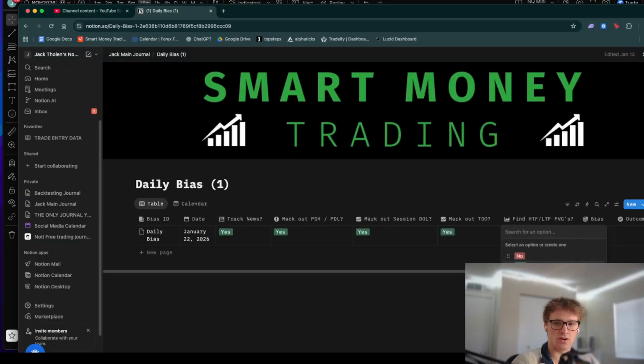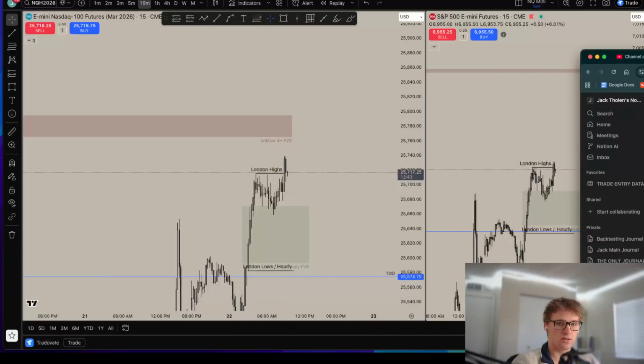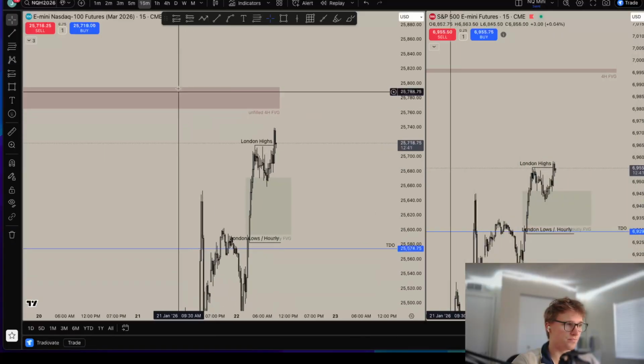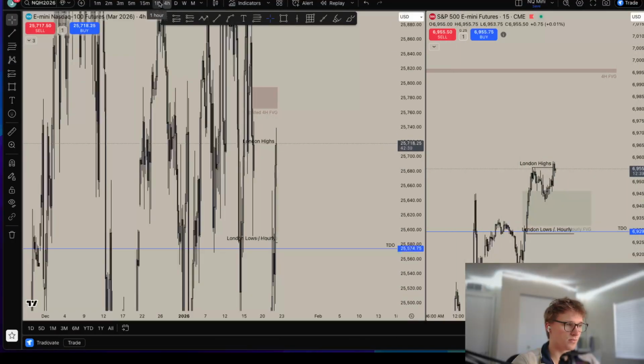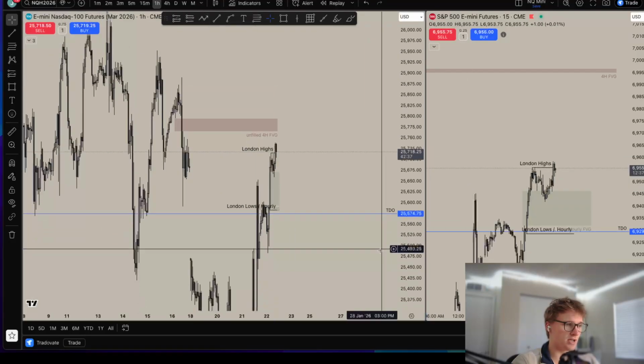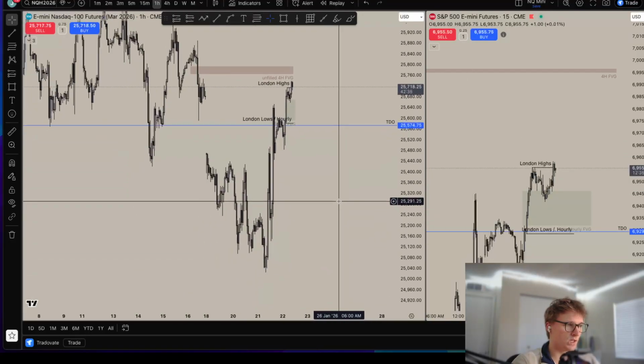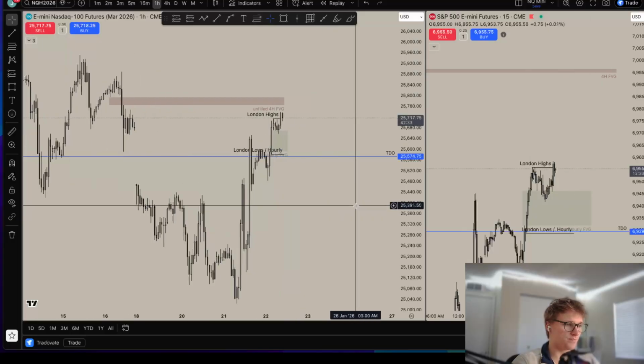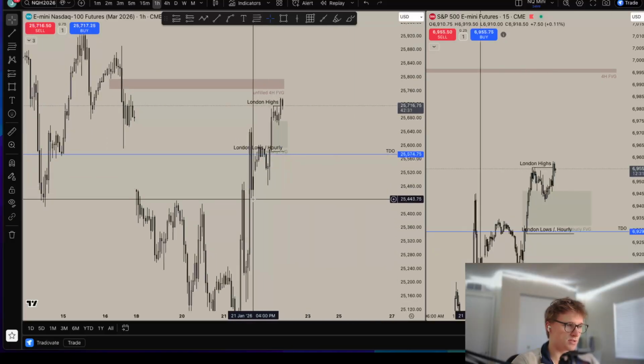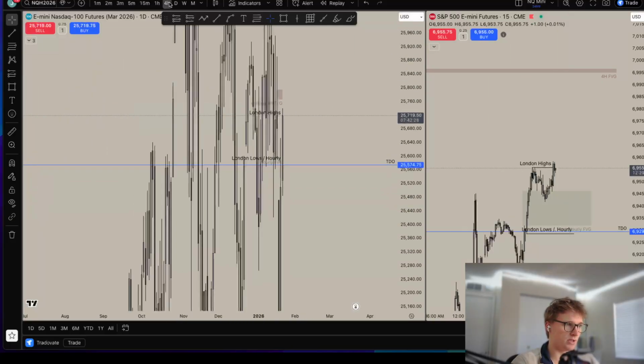Yes, we did find our higher time frame and lower time frame fair value gaps. As far as bias goes, I'm personally going to be more bearish, guys. I would like to rebalance this, maybe even sweep out these lows, tap this unfilled hourly down here, but